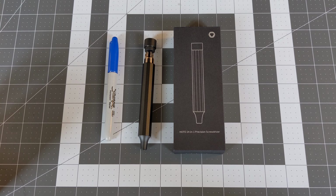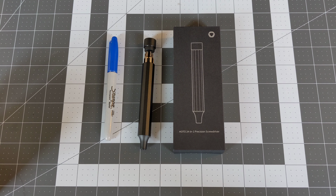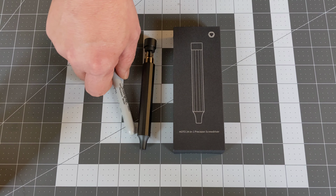Today I'm going over the Hoto precision screwdriver set. It's the 24-in-1. You can find it on Amazon right now at $26.99. It lists at $39.99, but sometimes you can get it as cheap as around $17. So it comes in with